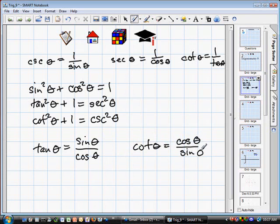Now, just so you know, usually in trig, I would give about nine more identities. We just didn't have time to get to them, and that's some of the stuff I had to take off of this chart before I handed it out to you. Okay, and here's the list. So it wasn't bad. I'm glad we did take the time and write those down and review them. And yesterday we spent some time